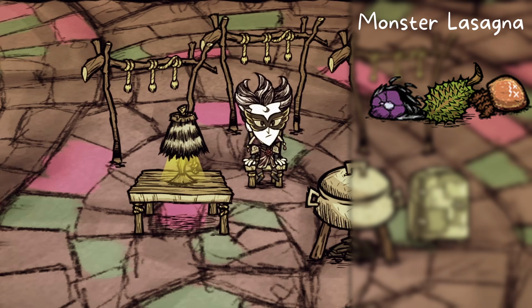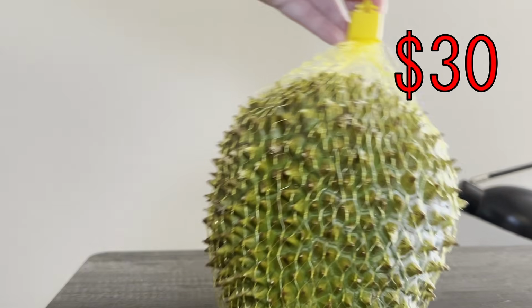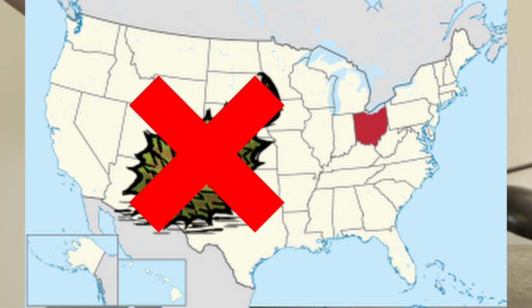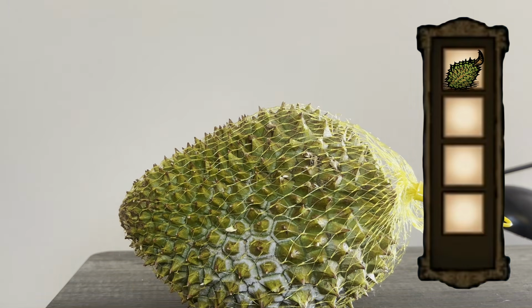So our 2 things of choice will be durian. And this bad boy cost me 30 entire smackaroos. Because, you know, I live in Ohio and we aren't exactly known for our durian farming business. And yes, I'm going to count 1 whole durian as 2 for the sake of this video. Look, we already know this is going to be atrocious, so I want to keep the food wastage to a